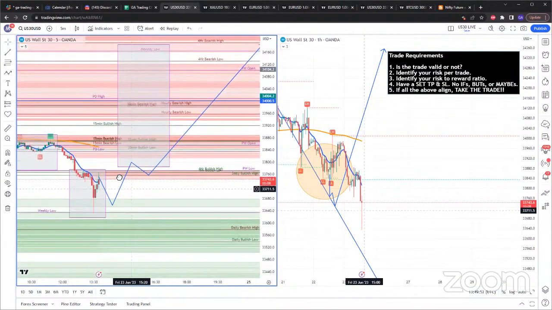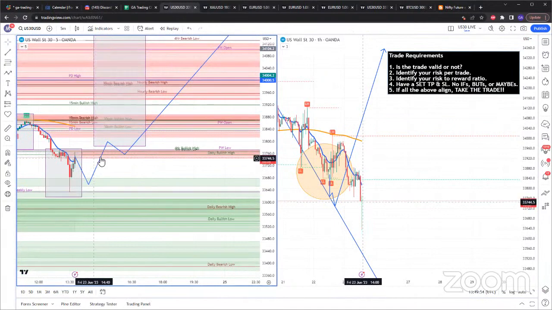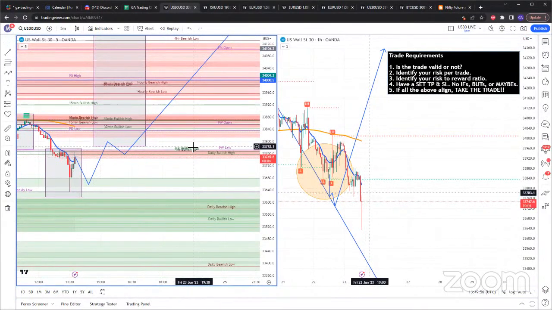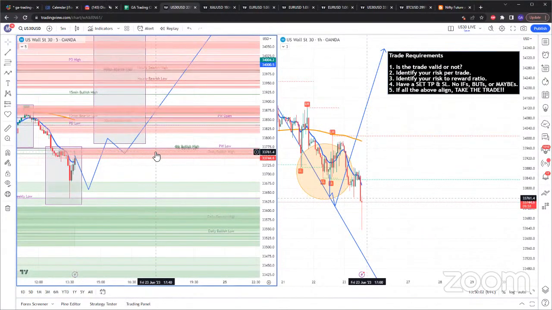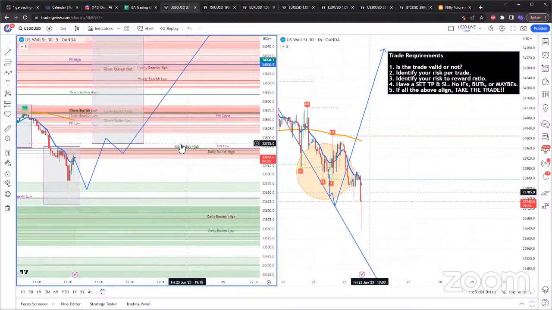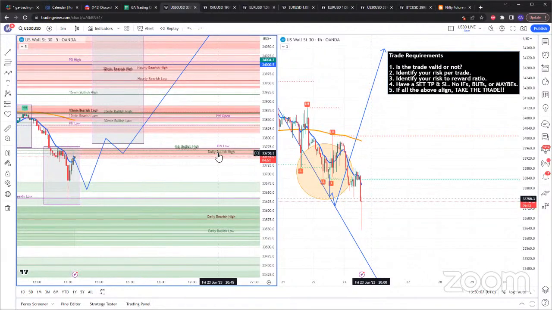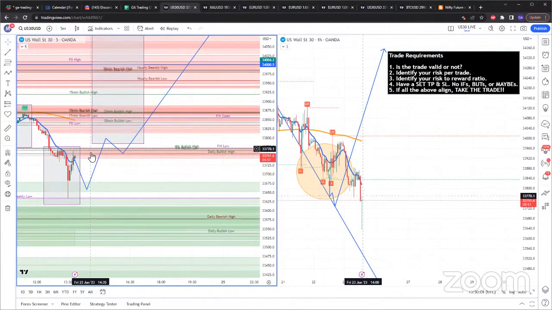buyers sitting here. So unfortunately, we do have sellers that are sitting here. So as much as this is a 4-hour bullish high and low, for better confluence, I would want to see some green here, meaning that there are buyers here. So as much as we have two bullish order blocks, we have some sellers that are sitting down here.